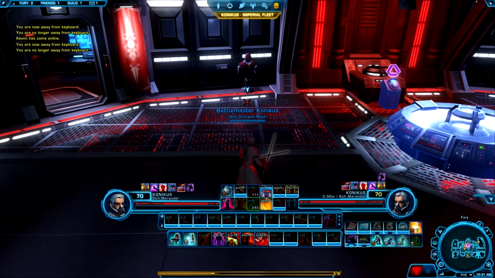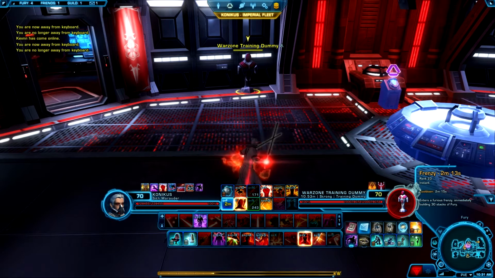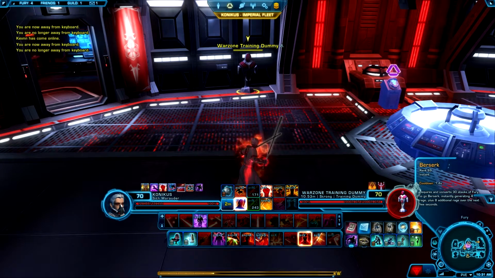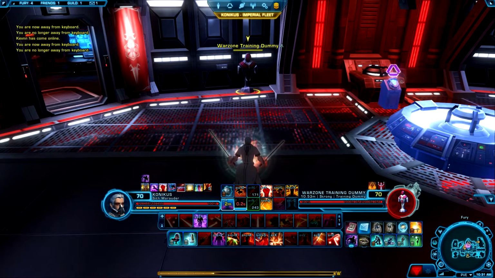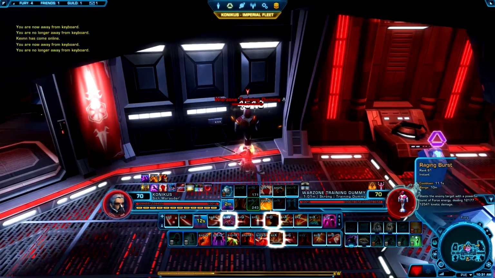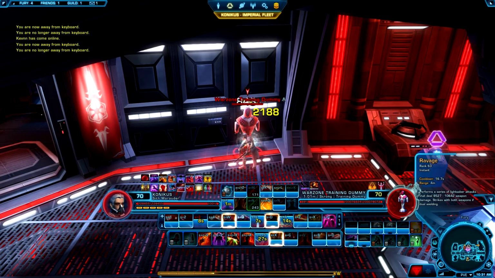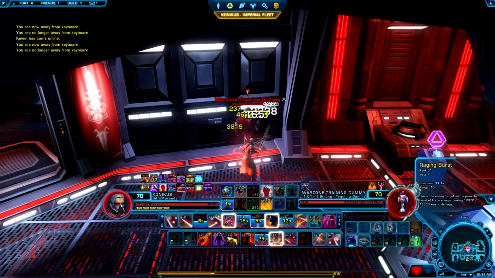Now, for your opener, it would be quite simple, really. You'd pop your Frenzy here, which will activate your Berserk instantly, give you free 30 stacks of Fury here. You would then pop your Berserk, like so. Then you would leap in. Use your Force Crush, then Furious Strike, add a filler like Ravage in between, and